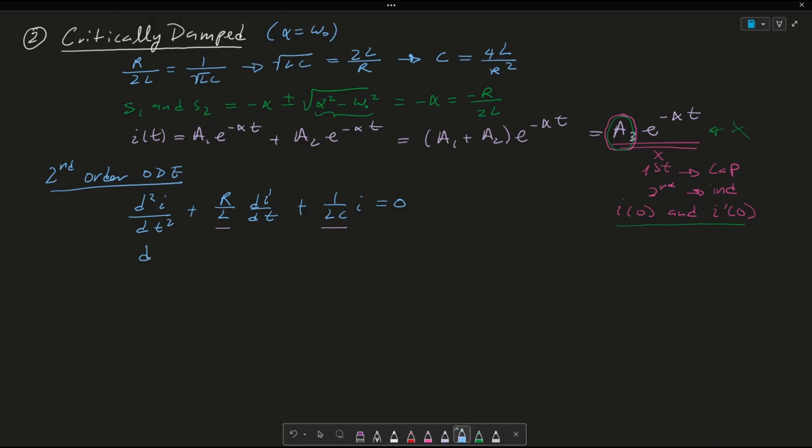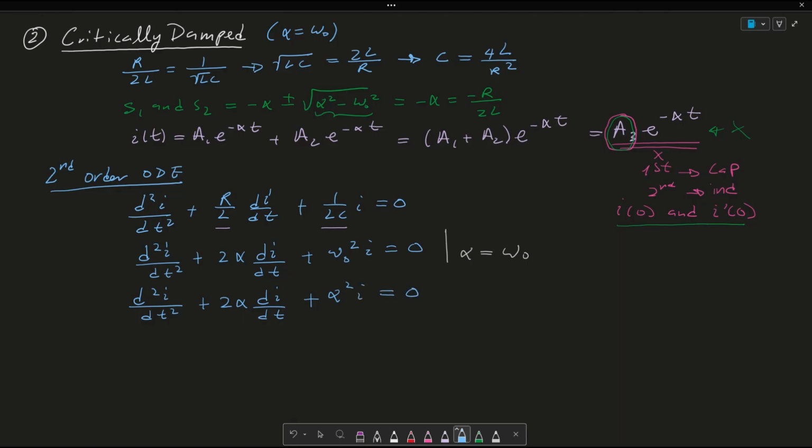Then I'm going to be left with d squared I over dt squared plus 2 alpha dI over dt plus omega naught squared I is equated to 0. Let me plug in my criterion, which says to take alpha as equal to omega naught. So then we get d squared I over dt squared plus 2 alpha dI over dt plus alpha squared I